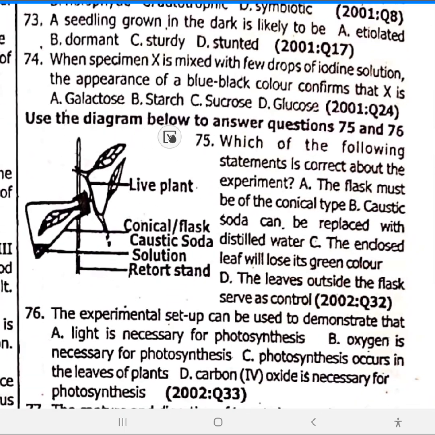75. Use the diagram below to answer questions 75 and 76. Which of the following statements is correct about the experiment? In this experiment, caustic soda is actually